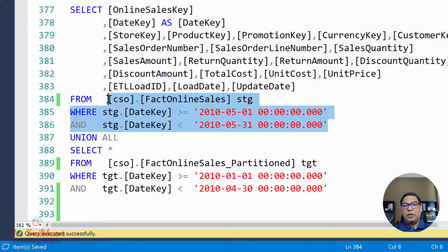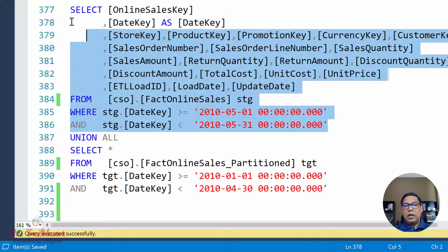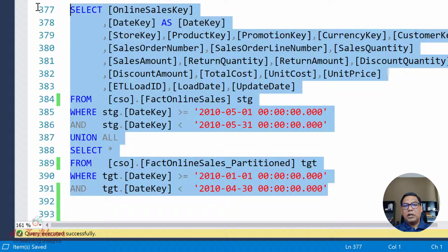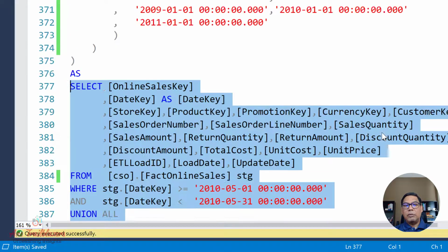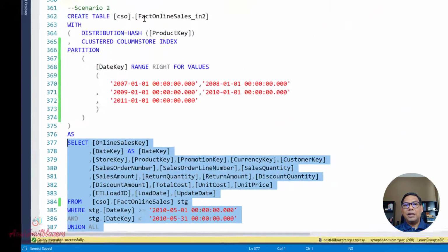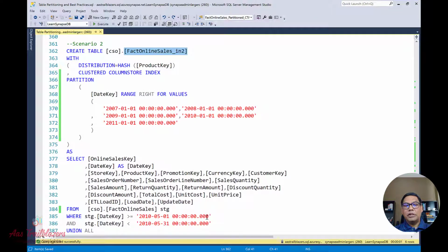We have another table from where the source data is coming in, and this has the data for, say, May. I'm taking this May data and doing union all. So if we combine these two data sets, this will give us 5 months worth of data, right? Using this command, I'm going to create another intermediate table and load this data into it. So basically this table will have